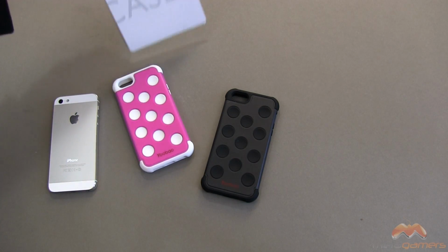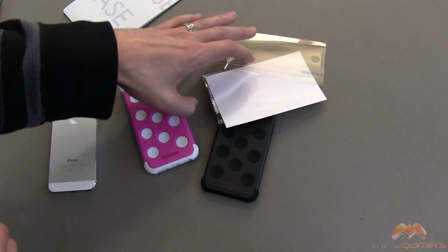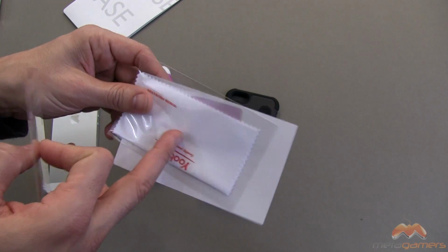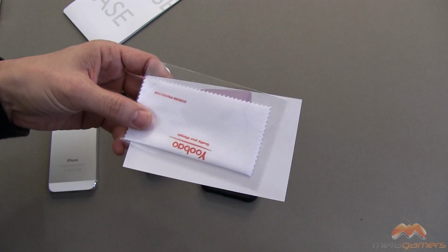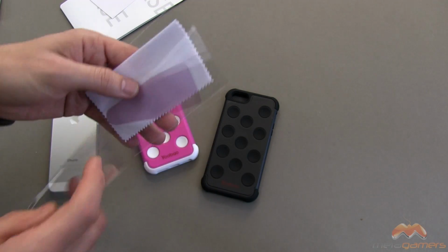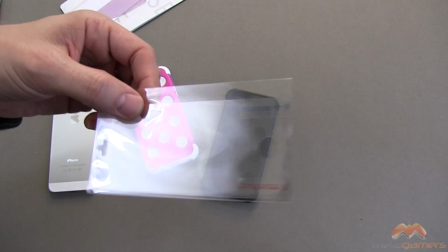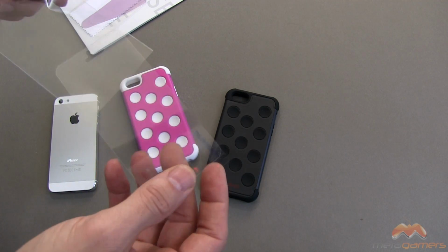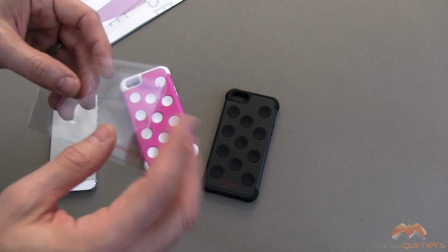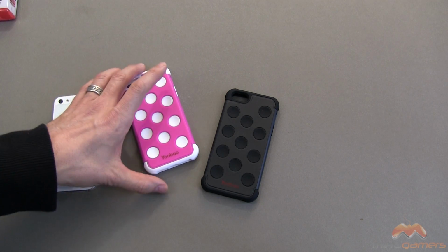And it is going to include not only the case, but you're going to get a nice screen shield, as you see it kind of fly out of here. There is a screen protector wipe. Basically, it's a microfiber. And then you also get a kind of an applicator here for it. And then here is the screen protector. It is a clear screen protector, and I haven't actually put it on, so I'm not going to address the quality of it. But if memory serves me correct, Yoobao makes some pretty decent screen protectors,